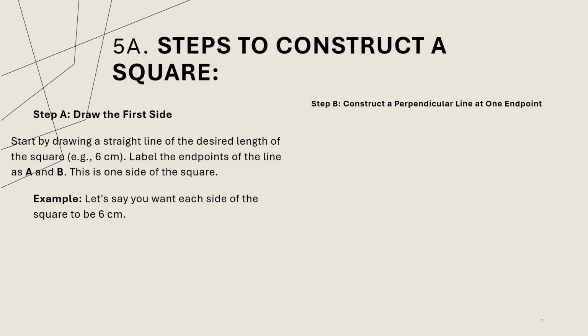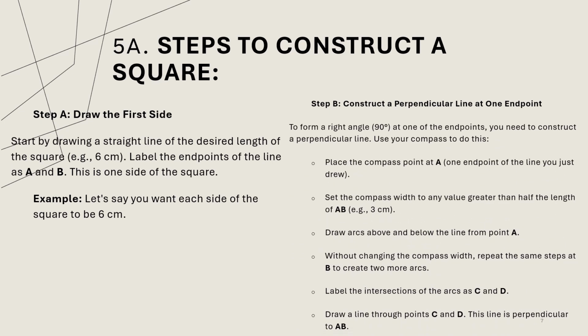Section B, construct a perpendicular line at one endpoint. To form a right angle at one of the endpoints, you need to construct a perpendicular line. Use your compass to do this. So place the point of the compass on point A, and then you just